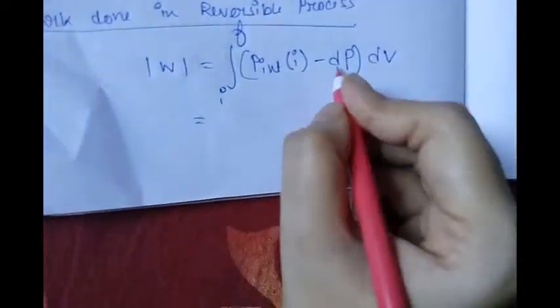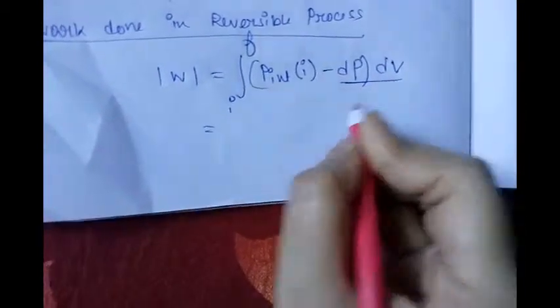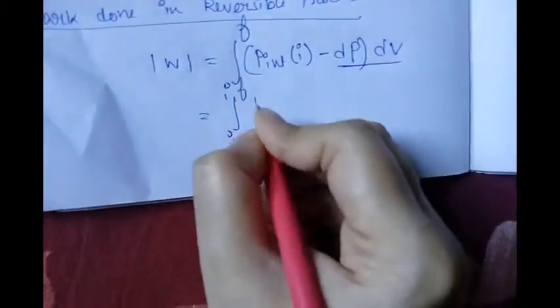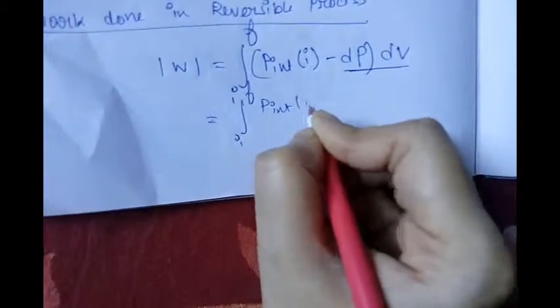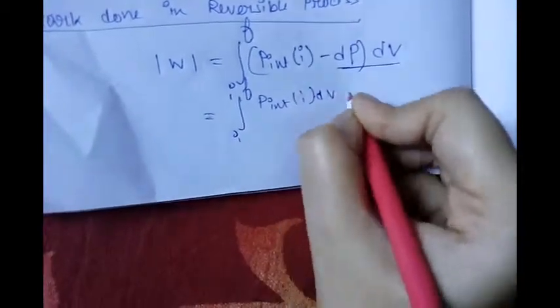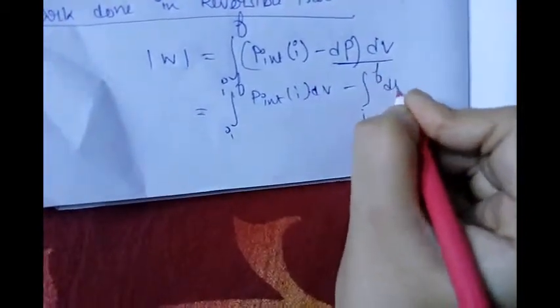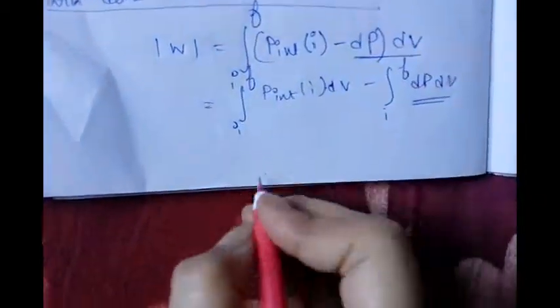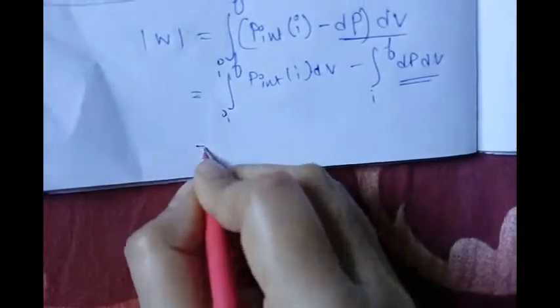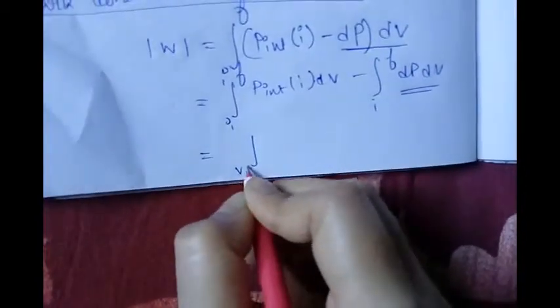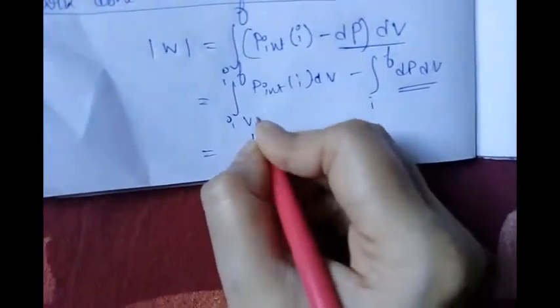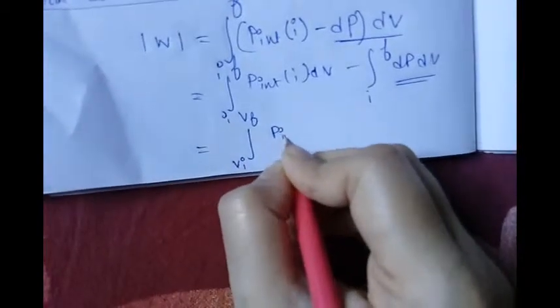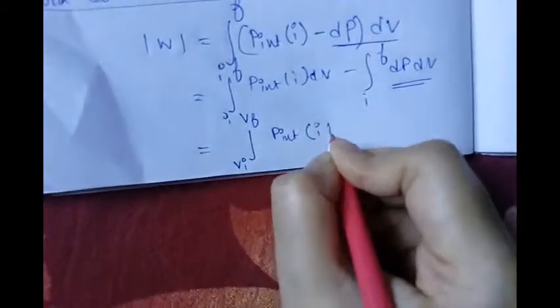Ultimately, as dP dV has a very negligible value, this value can be neglected. Hence it will become, from volume Vi to Vf, the integral of P internal dV,